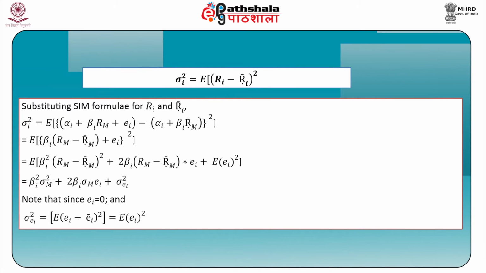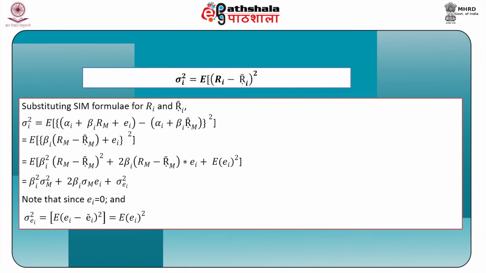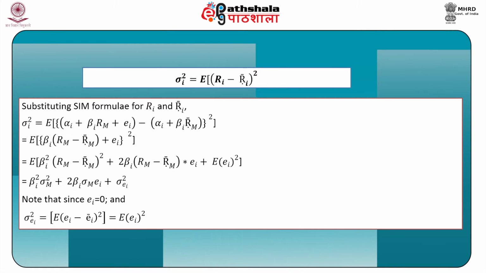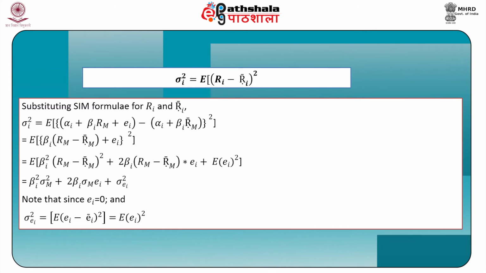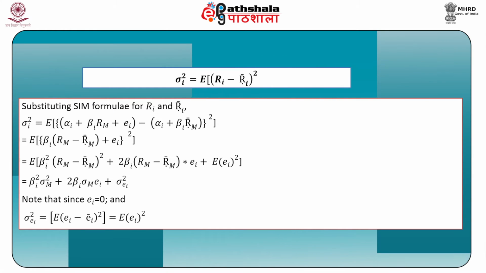Substituting the SIM formula for Ri and Ri bar, we have sigma i square is equal to E in bracket alpha i plus beta i into Rm plus ei, bracket close, minus alpha i plus beta i Rm bar, whole square, which is equal to E in bracket beta i, bracket open Rm minus Rm bar plus ei, whole